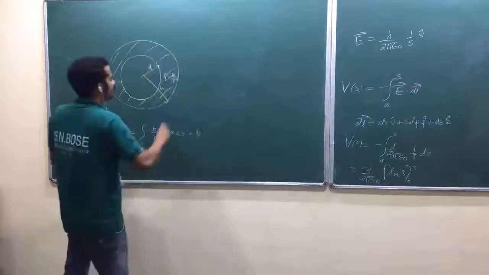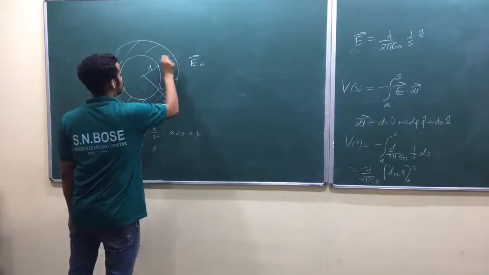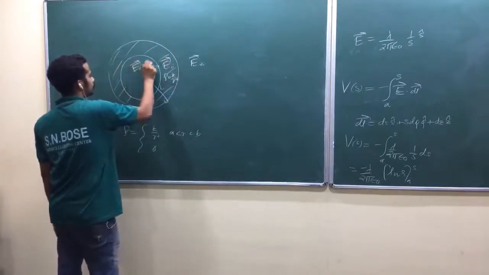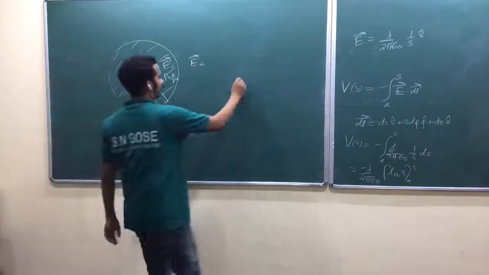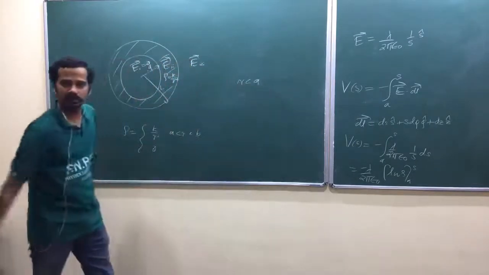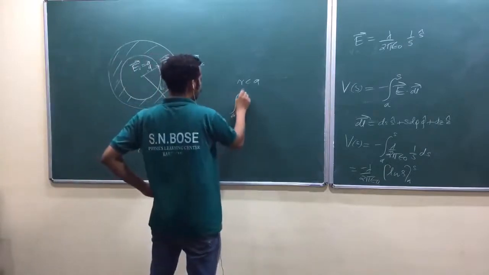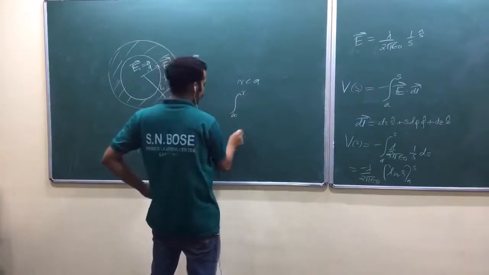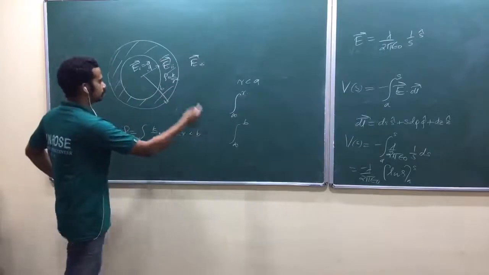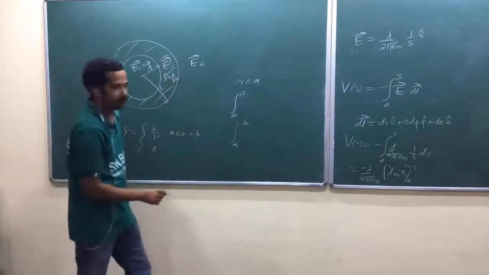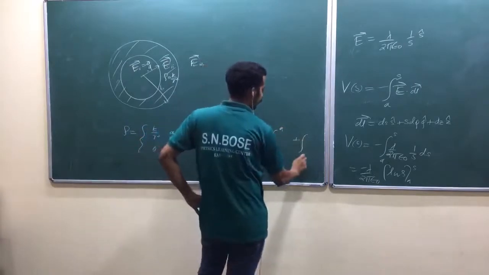Suppose you are finding, let me take E third one, E second one, E first one, that is 0, isn't it? Now you are taking R less than A, inside the inner surface. Then you have to integrate infinity to R, am I right? That you are going to convert into infinity to B, because infinity to B is one region where you get one type of electric field. So from B to A, from A to R, am I right?